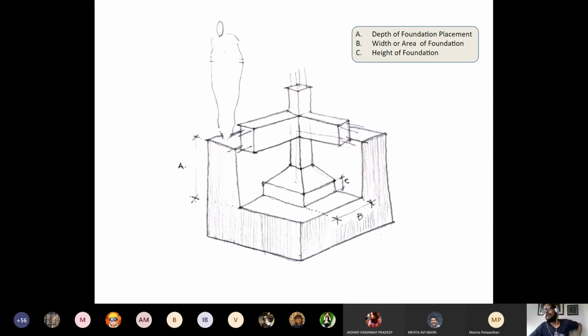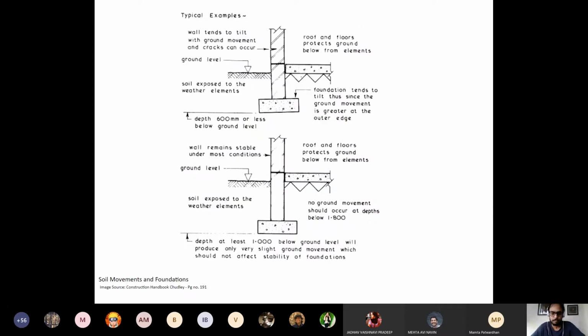Now, the height of the foundation, what we will do for this class, I'm going to give you guys some basic thumb rule or a basic consideration, but the actual height of the foundation is a matter of much more structural detailing, okay, which you will be doing in your seventh semester, I think, when you do structural analysis of members as well. Okay, so let's proceed.